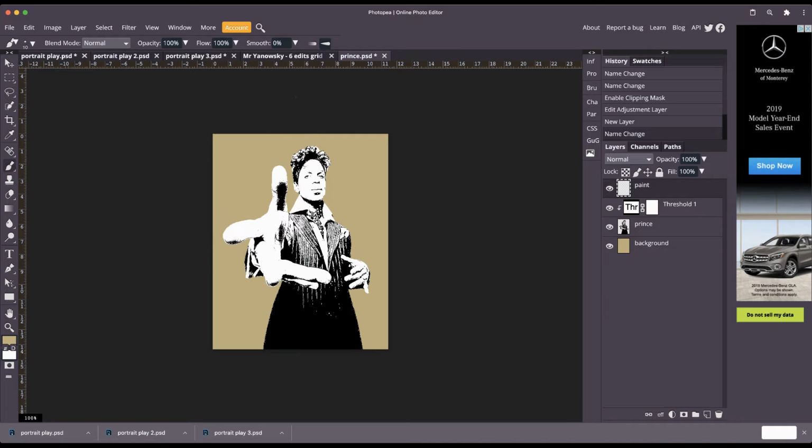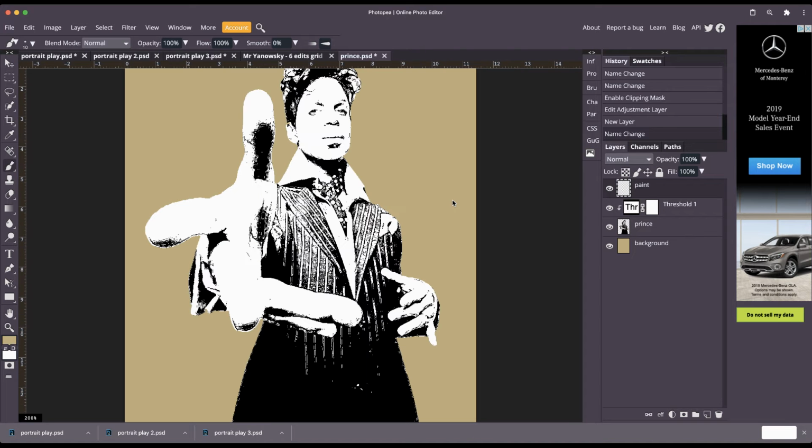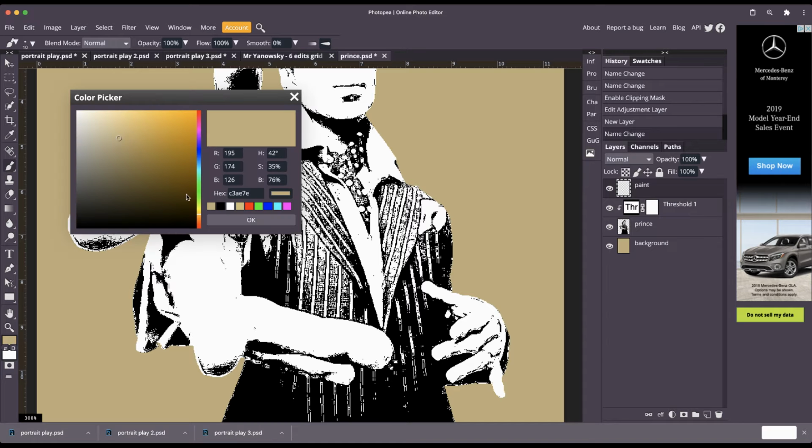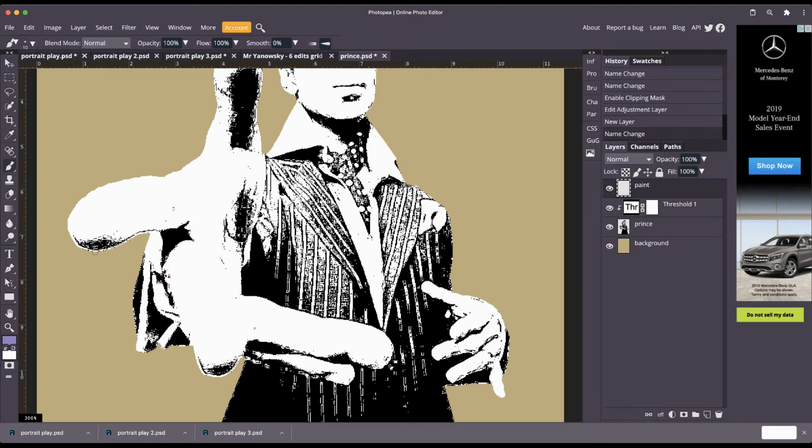Okay, and now zoom in real close, a little closer, and now that I'm on the layer and I got a brush and I got a color, let's see if I choose the right color. Oh, I didn't get the color. What happened was I didn't hit OK. I hit the X, right? I don't know why I do that sometimes. Okay, so now I got purple down here, and I can now paint